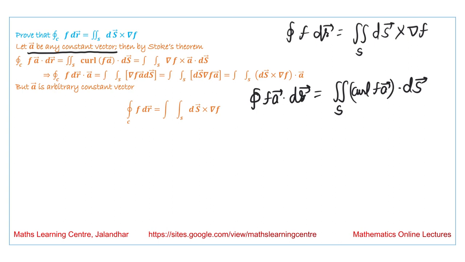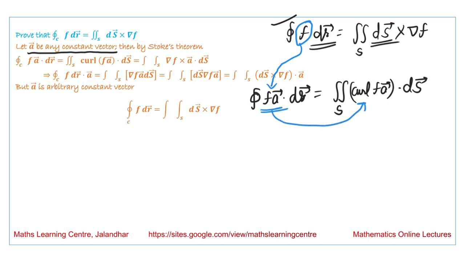Why we are using this result? We have to find the relation between dr and ds, and we know that Stokes theorem gives us the result. But the problem over here is that this function f is a scalar function. So to convert this into a vector function, we have used this f into a vector and we have applied